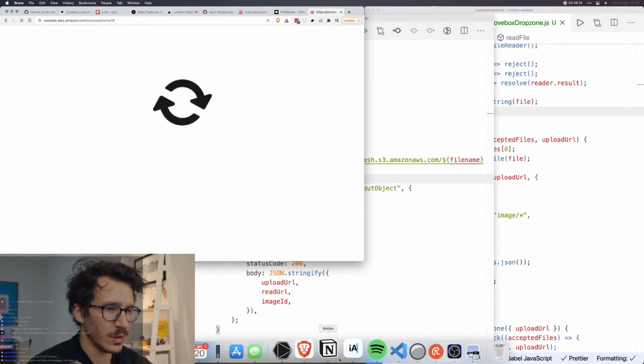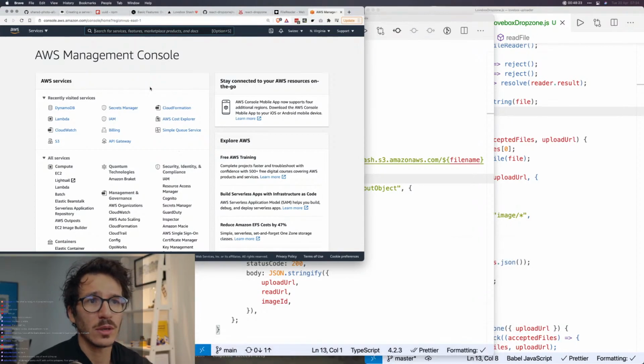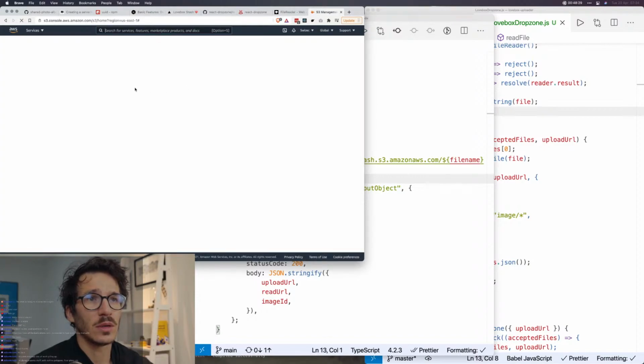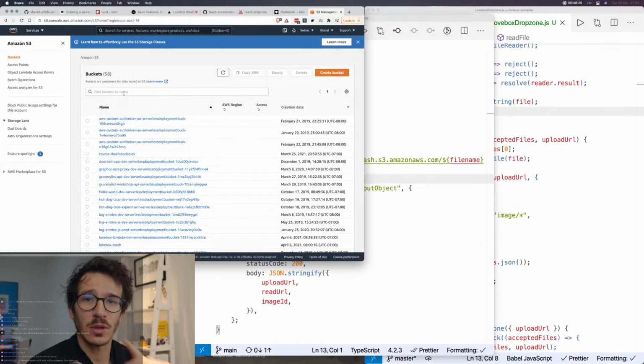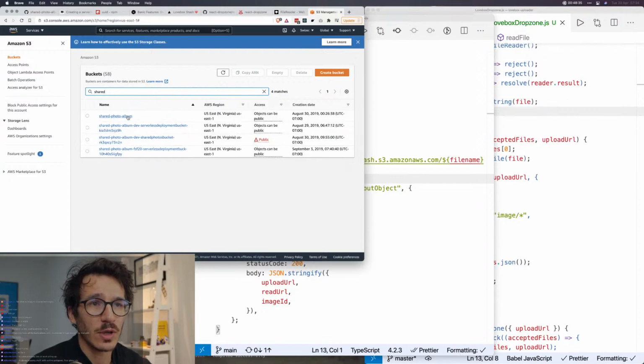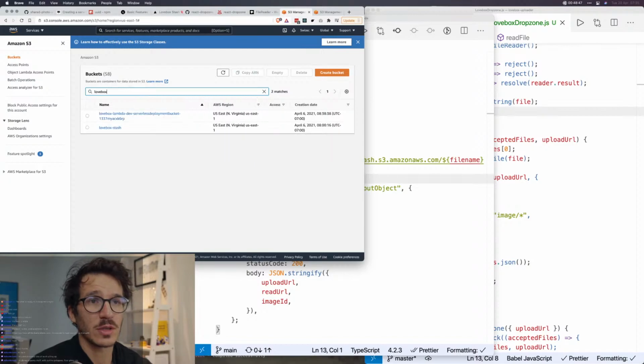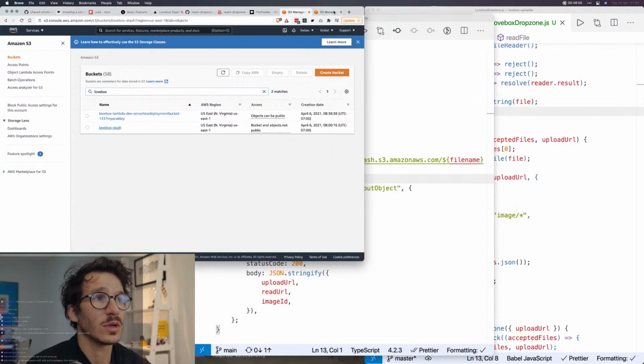Wow, my computer is not doing so hot right now. So let's see, Lambda S3. And let's try to find it. I'm gonna actually try to crib it from the old solution, from the old code. So we have here shared photos bucket. This one is public. And we go to Lovebox stash. And we're gonna go find